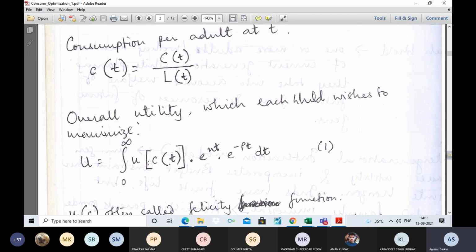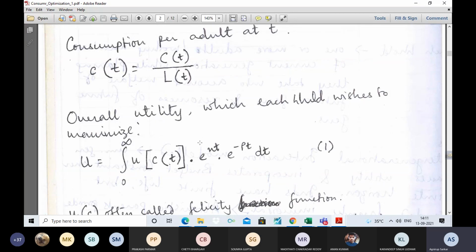It relates the flow of utility per person to the quantity of consumption per person, which is small c. So u is a one-to-one function. There's a one-to-one correspondence between utility and consumption per person, right? So this felicity function relates the flow of utility per person to the quantity of consumption per person, which is small c. So we assume that small u(c) is increasing in c and it is concave, which basically